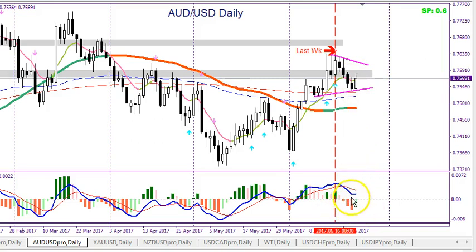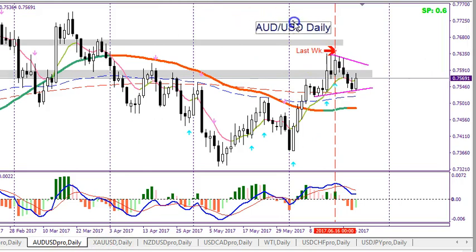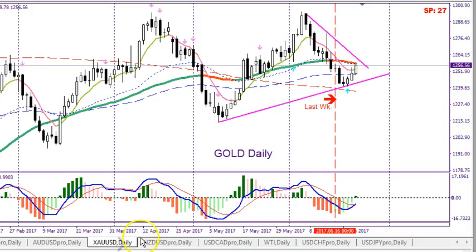Okay, right now, the MACD line is still angling lower, and we can see the histobars are below zero. However, we do have a green histobar here indicating there may be short-term momentum to the upside. Okay, again, this pair, the Australian USD, often is tied into the price of gold. Here is gold, the gold daily.